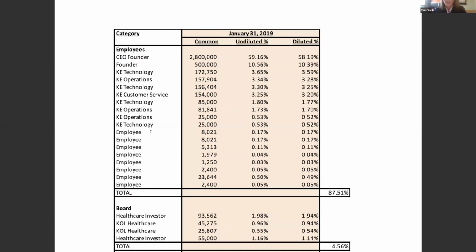Anybody that's at 0.5% or above, by key employee, we mean they would be very hard to replace in terms of what the company needs to deliver on in the next year or so. And then you see other employees with much smaller amounts of equity. It's not that they're not important, they are. They just might have a skill that's easier to find in more than one person, whereas founders tend to have skills that are hard to replicate.